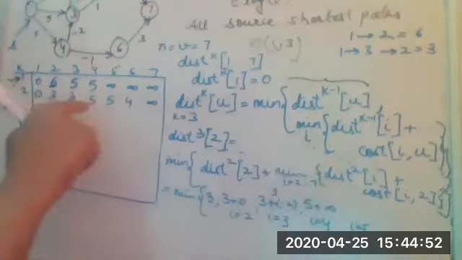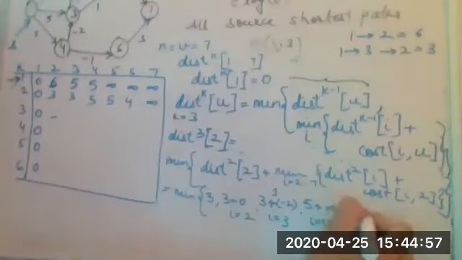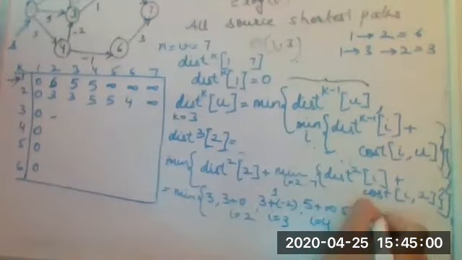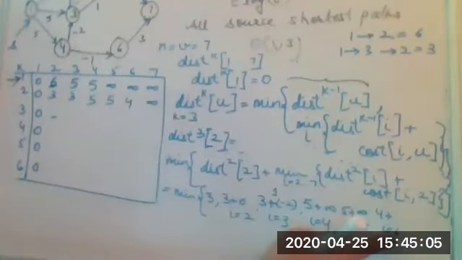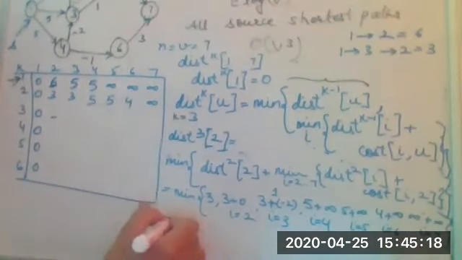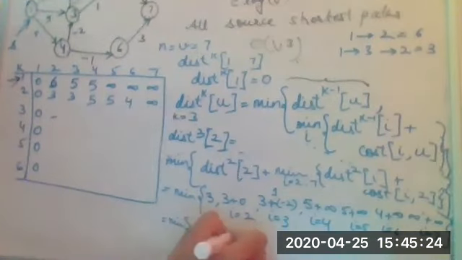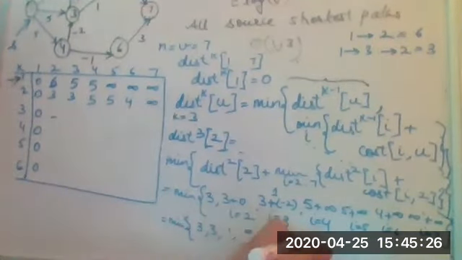I equal to 5. The previous value was 5. There is no path from 5 to 2. So this also becomes infinite. I equal to 6. The earlier value was 4. So 4 plus 6 to 2, the second vertex. There is no path. So this is also infinite. I equal to 7. The previous value was infinite plus infinity. So what we have gotten the values here as 3, 3, 1, infinite, infinite, infinite, and infinite. And the minimum value is 1.